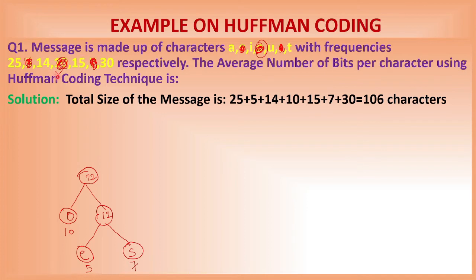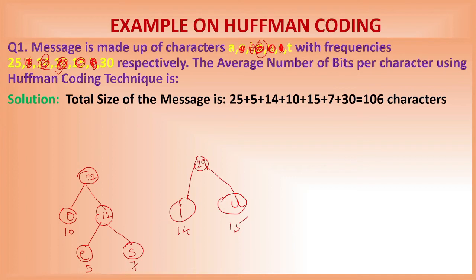We have to use the two minimum at a time. Two most minimum at a time. So 14 and 15 we can take as the next two minimum instead of 14 with 22. So 14 will come on the left side and 15 will come on the right side. And 14 is the frequency of letter I and 15 is the frequency of letter U. So 14 and 15 are taken now. Similarly, letter I and U also will go, and you can combine them. Find out the total. 14 and 15 is 29 if you add them.